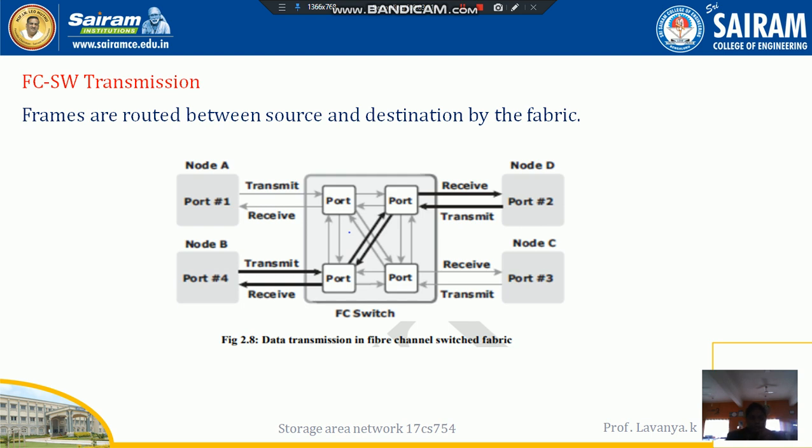Then what is the F port? The F port on the switch connects to an N port, and it is also known as the fabric port. Why? Because the N port has the host bus adapter, and with the help of the host bus adapter it is connected to the storage array, so we call it the fabric port. The G port is a generic port on the switch that can operate with both the E port and the F port functionalities.